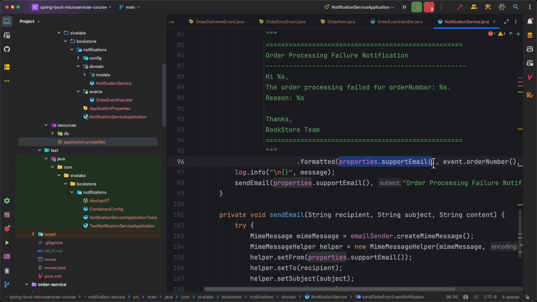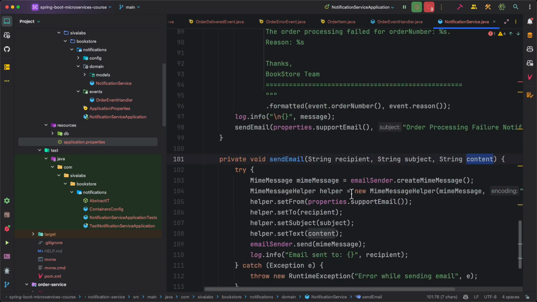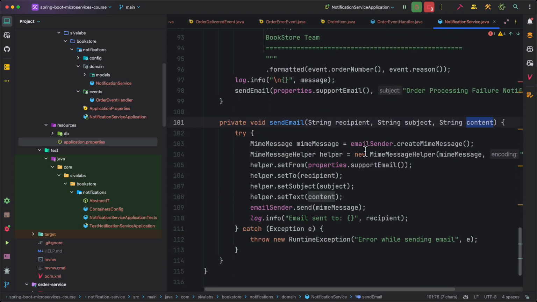So here we don't need to send this. Instead, "Hi team", we can do it like that. But here we are calling the send email method, which takes who is the recipient, the subject, and the content. Okay, so here we are using the Java Mail API to create a mime message, and then we are